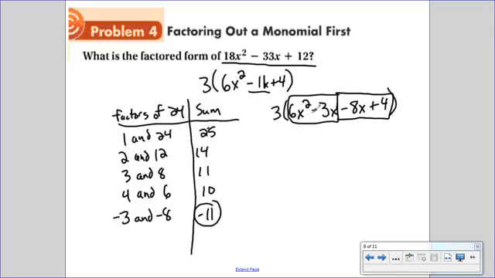What does 6x squared and negative 3x have in common? They both have a 3x. So 3x times what's left here is a 2x minus 1. What does negative 8 and 4 have in common? They both have,